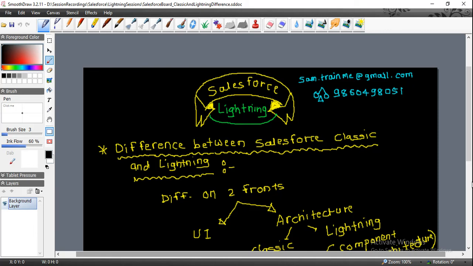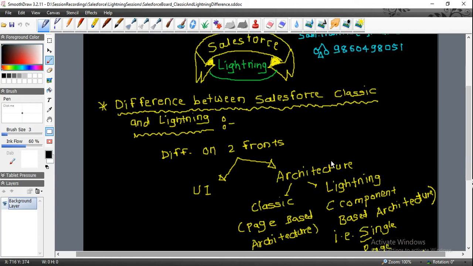So today what we are going to talk about is the difference between Salesforce Classic and Salesforce Lightning. Is it a long awaited question for you? So let's get into that. What exactly are the differences between these two flavors of Salesforce? Literally, they are flavors of Salesforce. Is it only look and feel that is different in Salesforce Classic and Lightning?